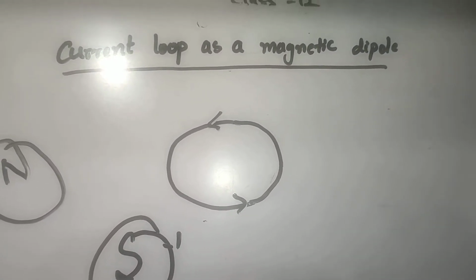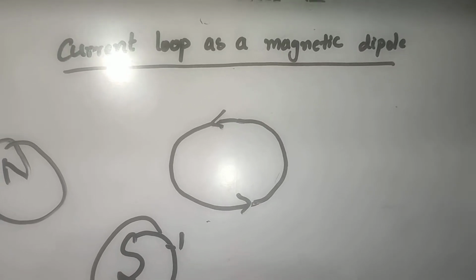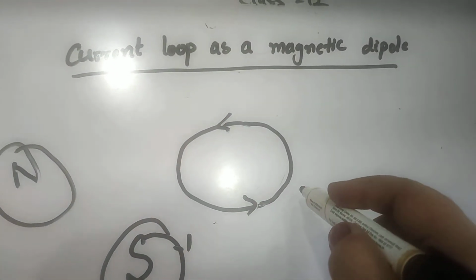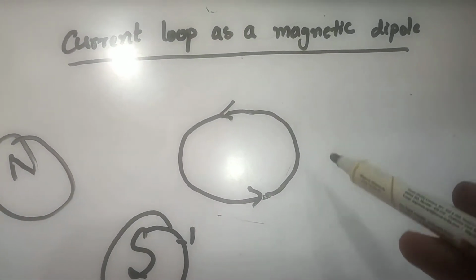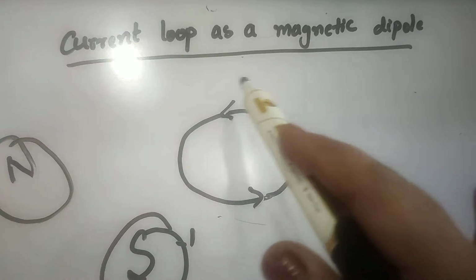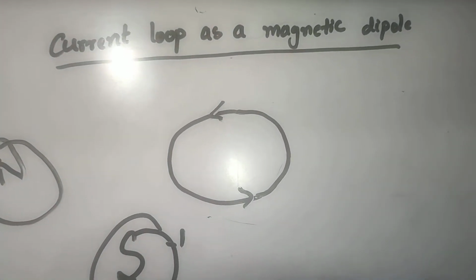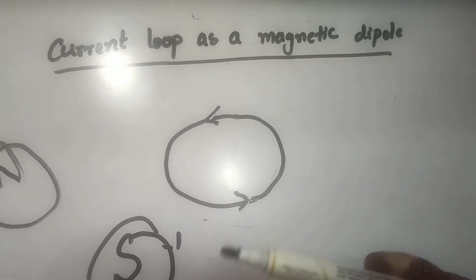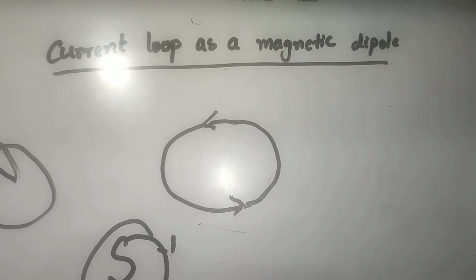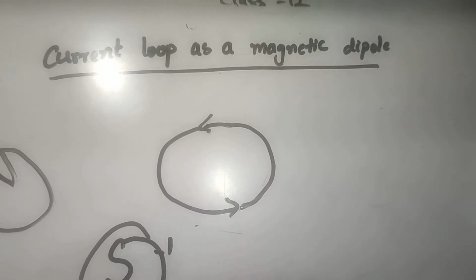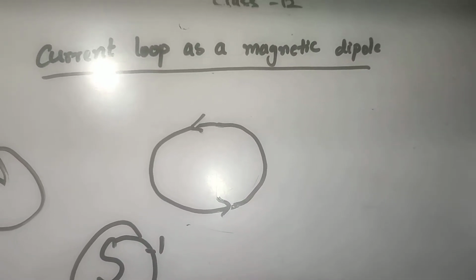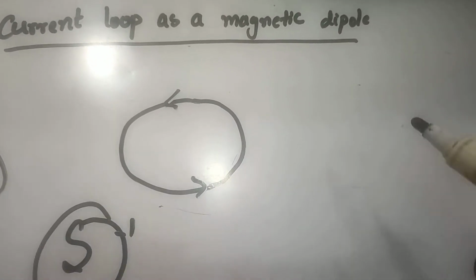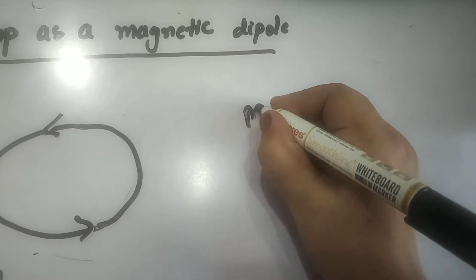Similar is the case, for example, of an electron. When an electron is revolving in a certain orbit, since it is moving in a circular loop, it will behave as a dipole. Now let us discuss how to calculate the magnetic dipole moment of the current loop or an electron revolving in a certain orbit. Now we know that the magnetic moment associated with a current loop is directly proportional